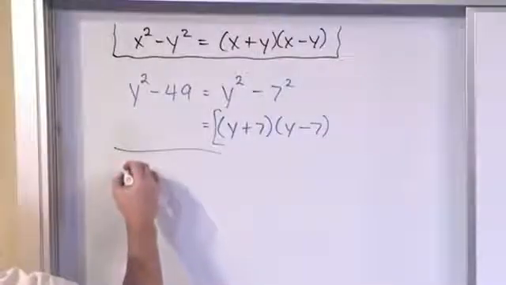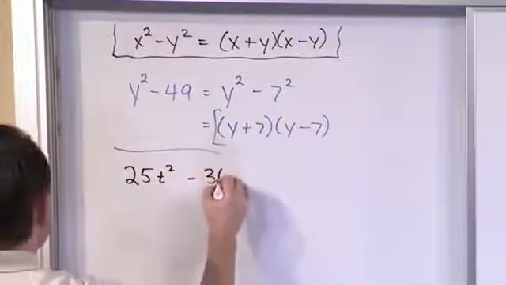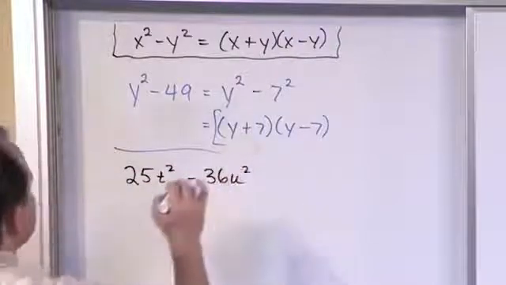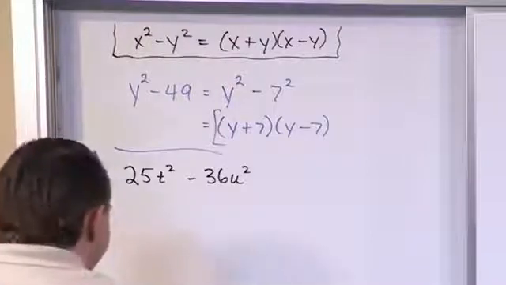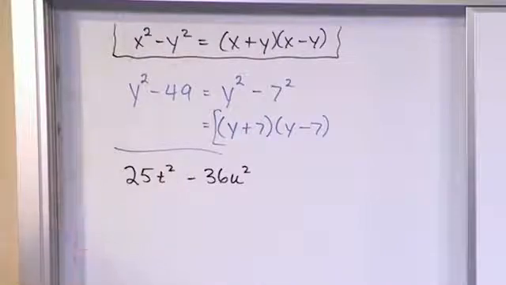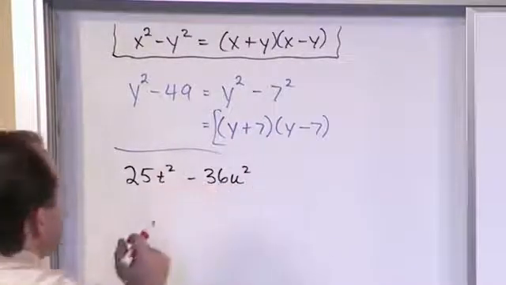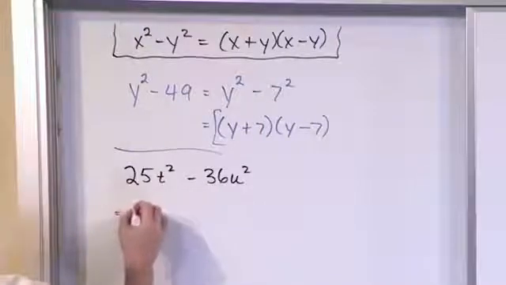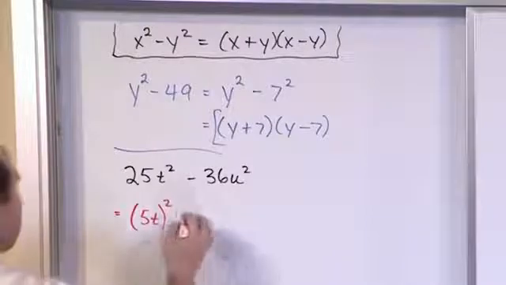All right, now let's say you have 25t squared minus 36u squared. Now this one looks totally different, but again, you obviously are able to factor it, otherwise I wouldn't present it to you. So you start looking and you realize 25 and 36 both look like perfect squares. That's a big clue. And obviously you have t squared and u squared, so how would I rewrite this? I could easily write this as 5t all squared minus